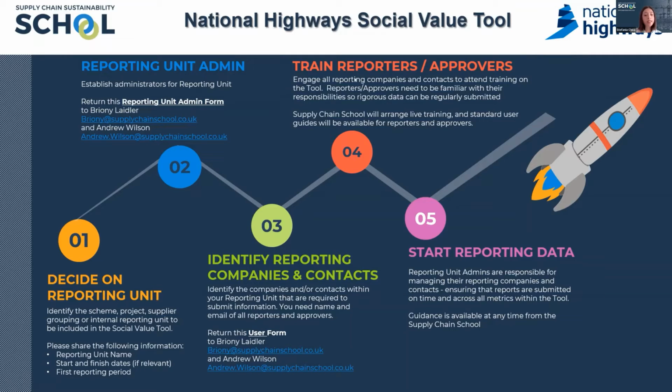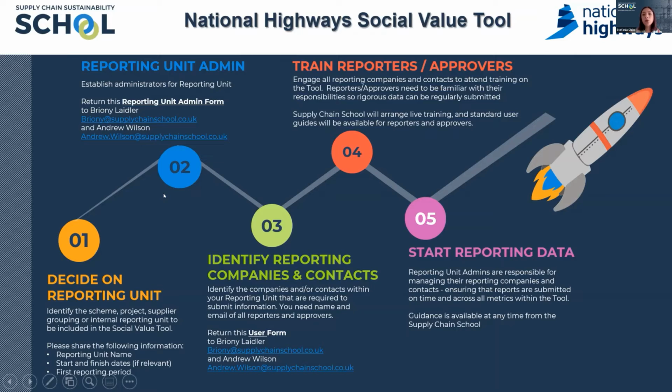here is to decide on the reporting unit that will be part of the Social Value Tool. I'm going to take RDP as an example. The first step would be to identify which scheme will be added to the Social Value Tool, and you need to provide certain information about that scheme, such as the name of the scheme, the start and finish dates, and also what will be the first reporting period. So that's an example that would apply to RDP. Once you decide on the reporting unit,